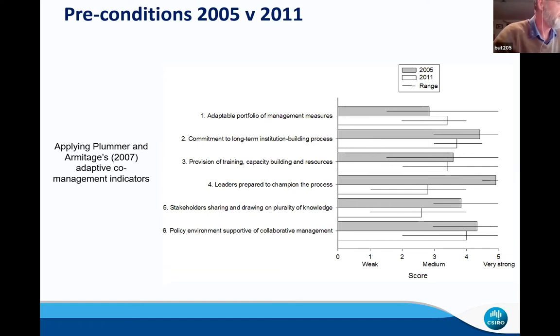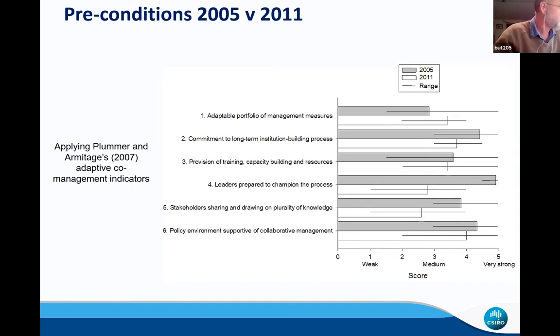And then stakeholders sharing and drawing on a plurality of knowledge, different knowledge types, had also declined. And the policy environment supportive of collaborative management had stayed similar but slightly declined. So we learned from that there were certain things that needed to be done to keep the Moray Firth Seal Management Plan on track. And we fed this information back to all the stakeholders to try and rectify some of